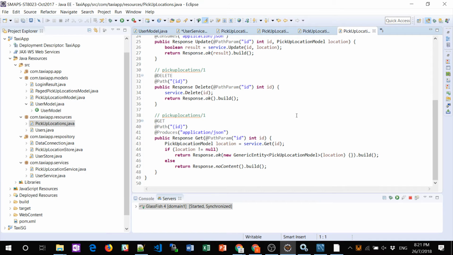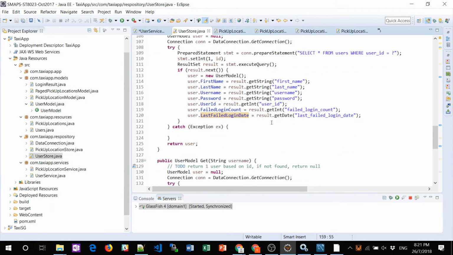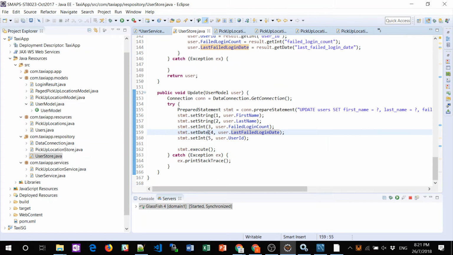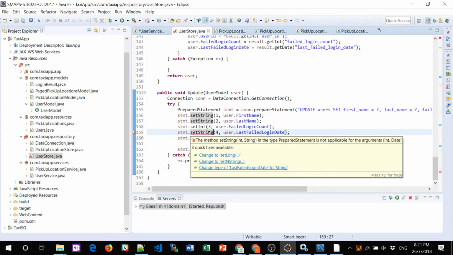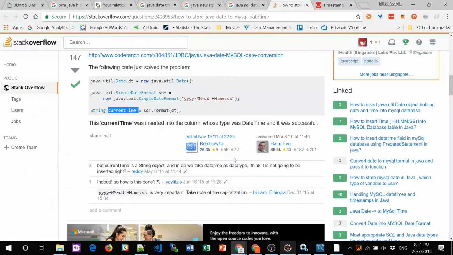Okay, so let me try this. So when I update, what do I do? I do set date, right? What if I use set string? But this has to be a string, right? Okay, so